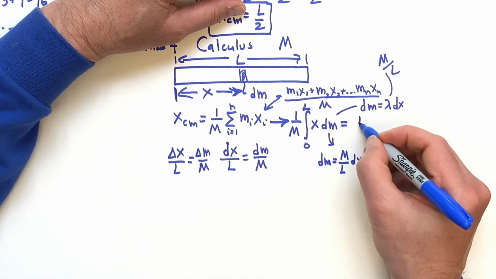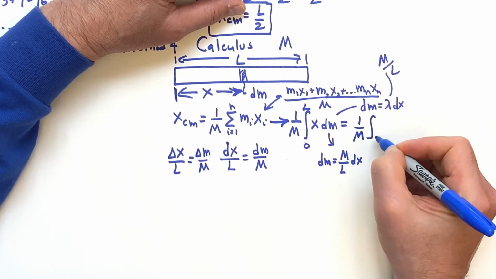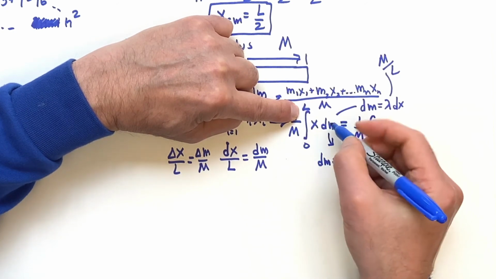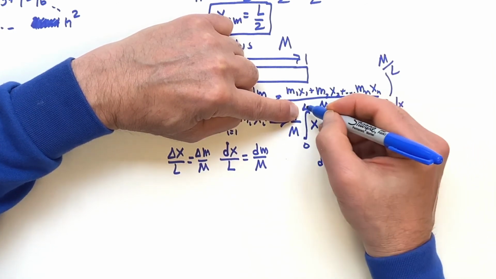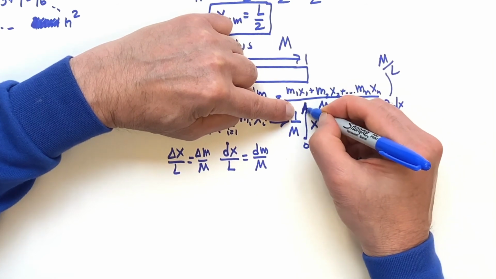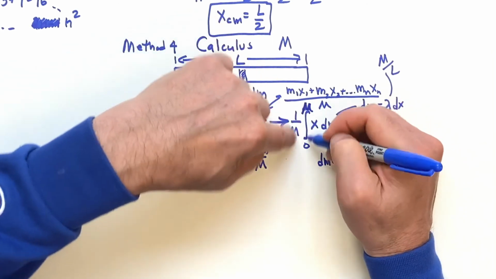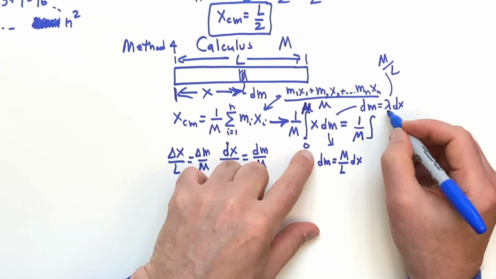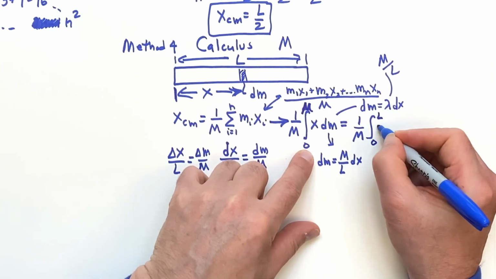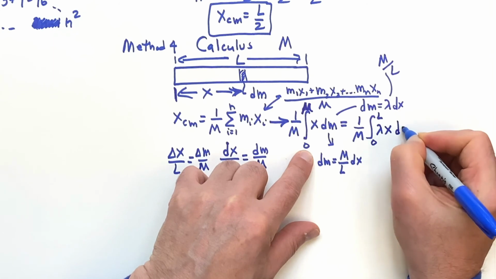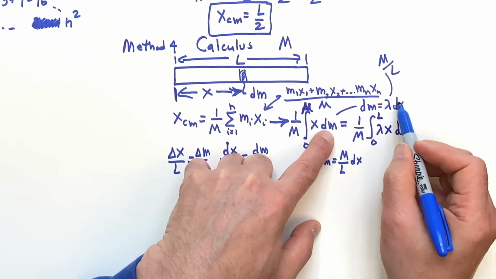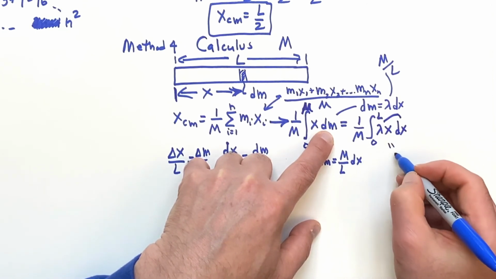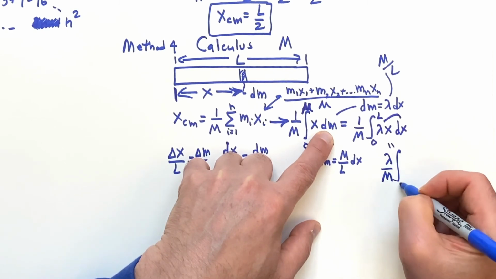So when we do that, we have 1 over M. And here, one might argue you shouldn't integrate this to L because you don't have a dx there yet. You have an m, so you might want to say the variable limits should correspond to the differential, so from 0 to M. But here we go right to this. We would have 0 to L. We would have lambda x dx, so the dm is lambda dx, there's your dm, and your x is there. So your lambda would come out like this, and you would integrate